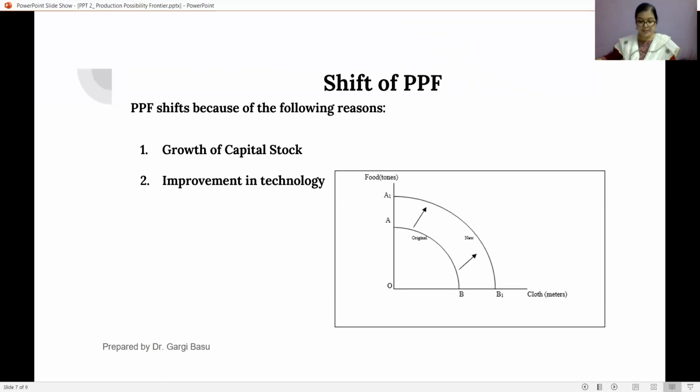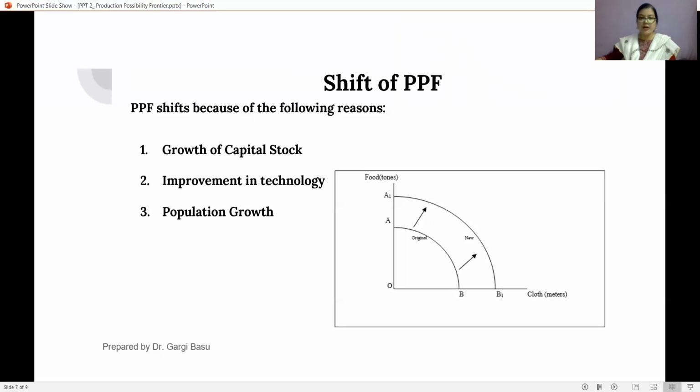What is required is the increase in production and productivity so that the scarcity problem can be lessened. This means the shifting of the PPC outwards. There are basically three main ways through which the PPC can shift. These are growth of capital stock, improvement in technology, and population growth. Change in any one of them will shift the PPC as in this diagram.